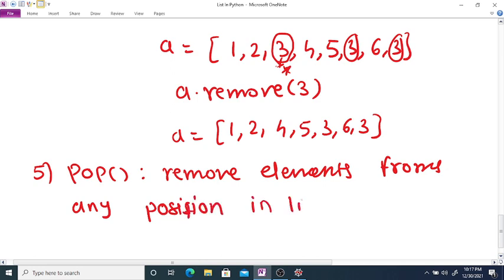So this is the difference between remove and pop.